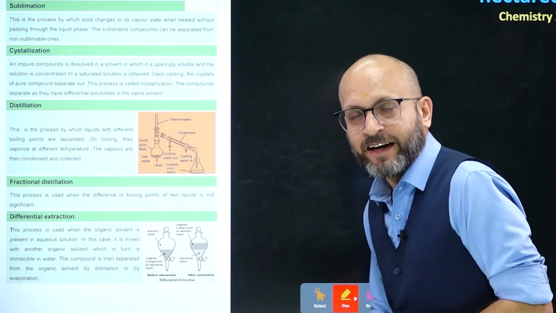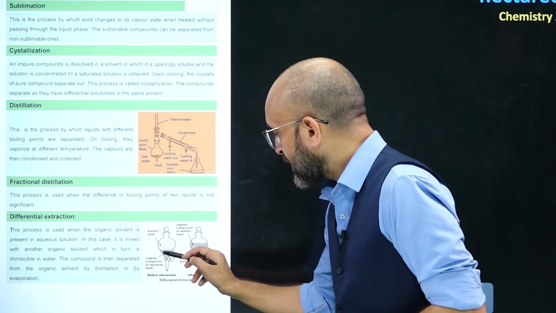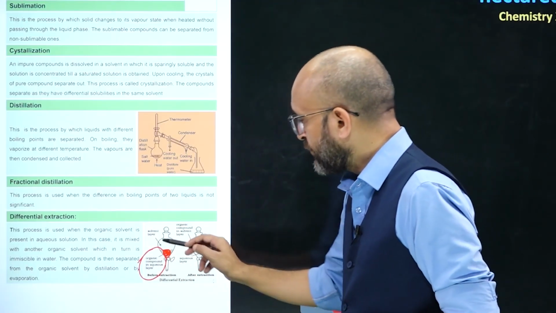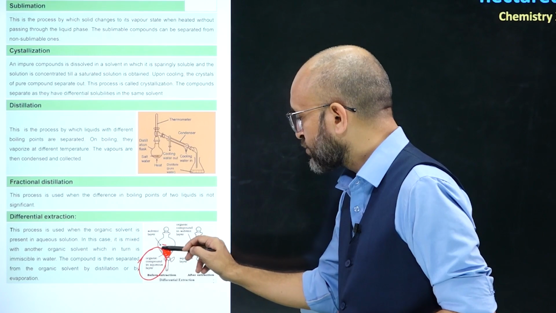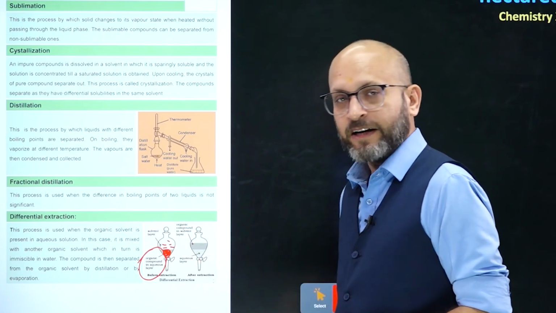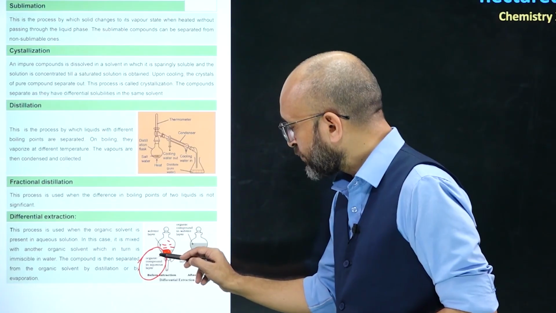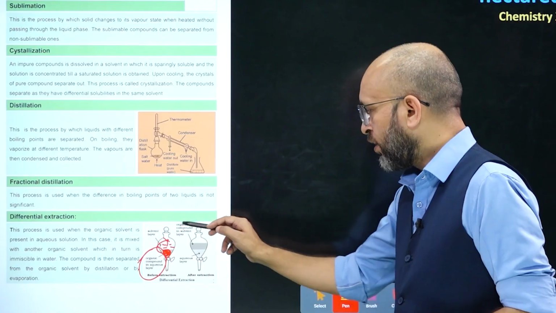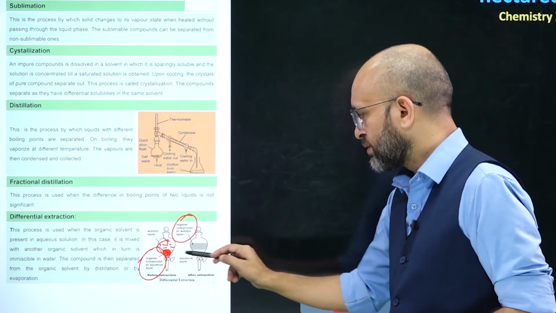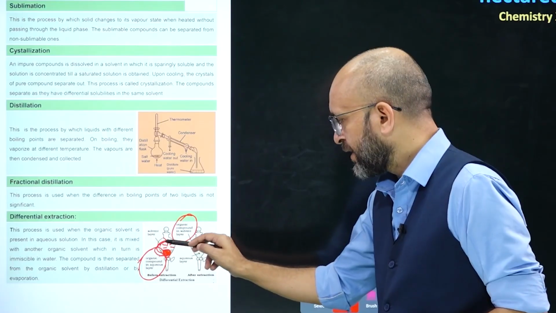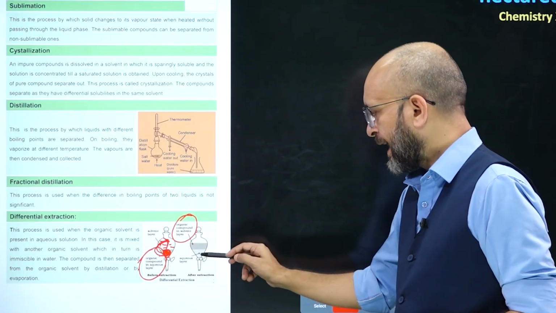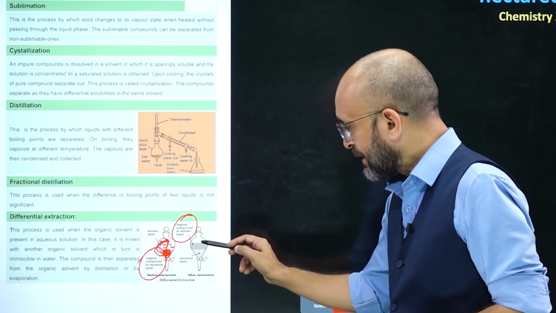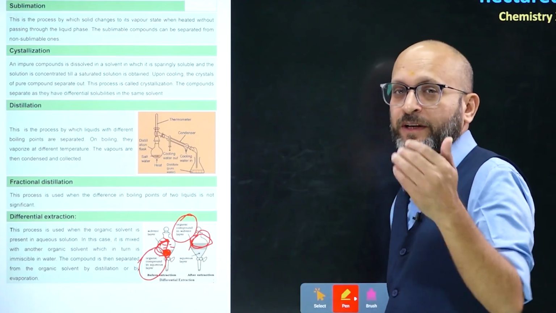If I explain in the figure, this is the mixture where you have the organic compound in aqueous solution. When we put a solvent layer, this solvent is an organic solvent. So the organic compound from this layer comes to this layer. Alright, so that is what has happened: the organic compound is in the solvent layer. The organic compound has moved from here to here. Now the aqueous layer can be removed by opening this nozzle, and you will have this component